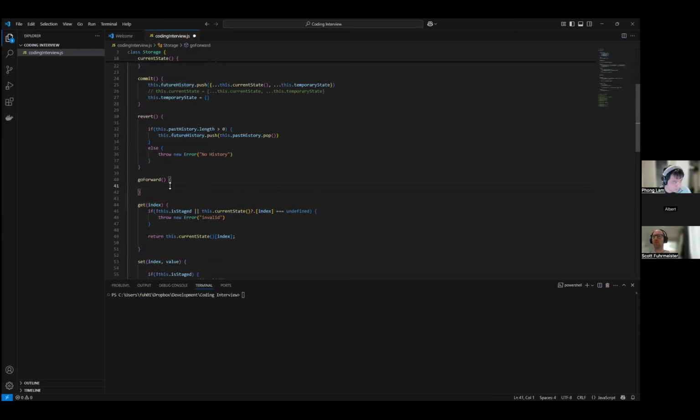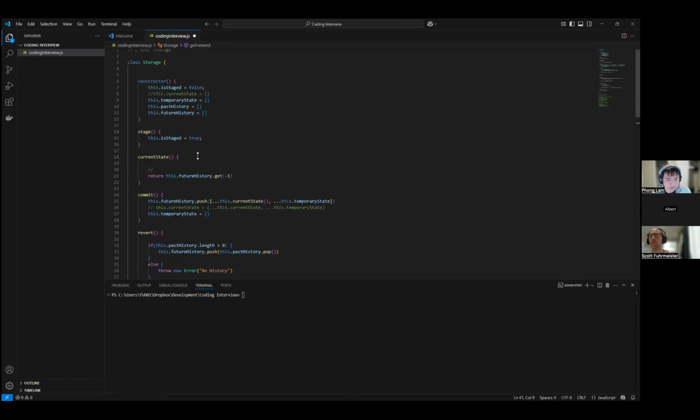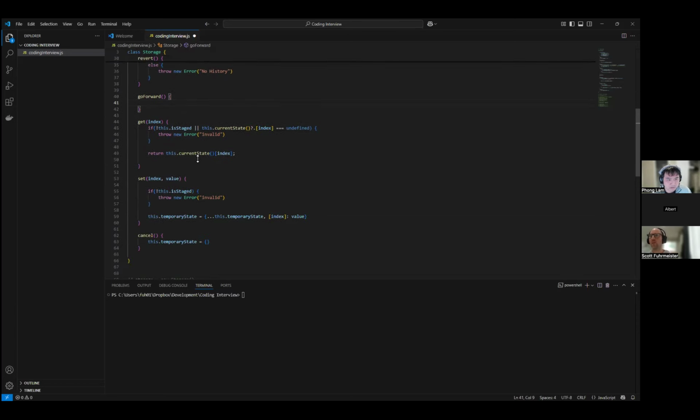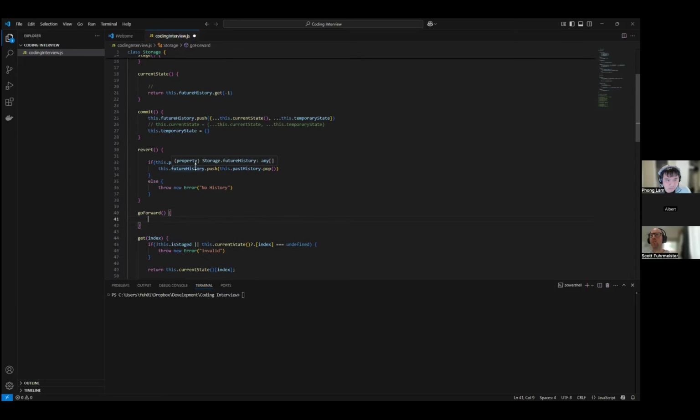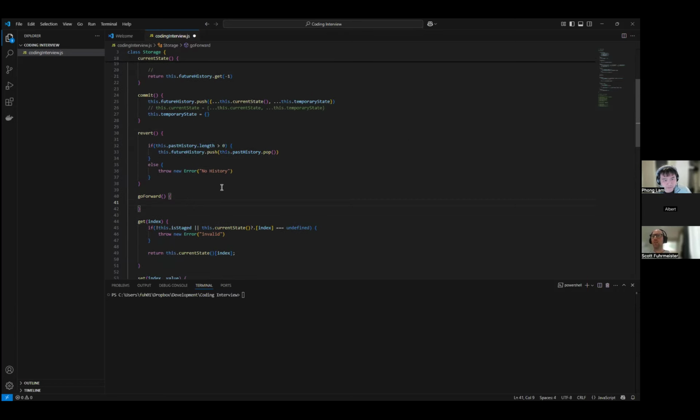And then go forward should be the opposite way around. If you want to go forward, you'll have to move the future history. So exactly like revert, but flip everything.